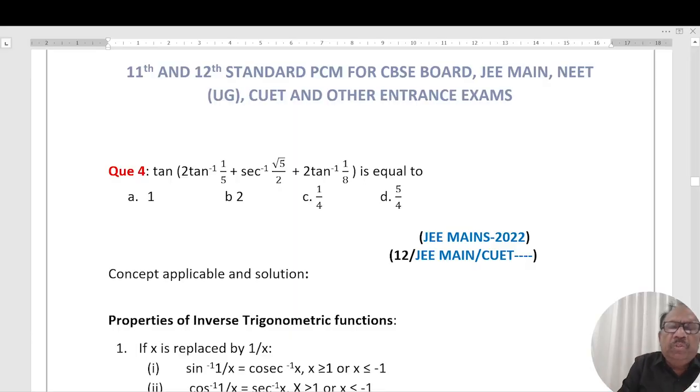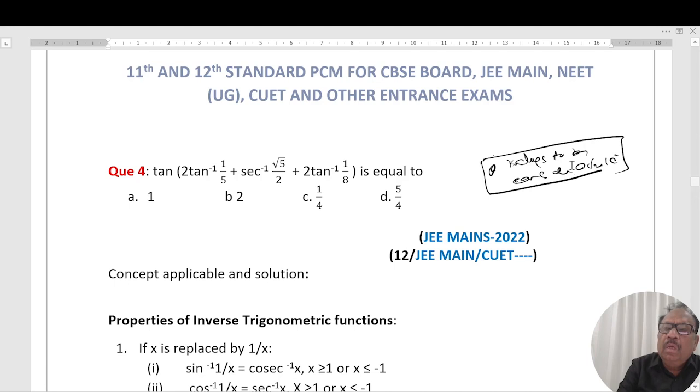Before we start the next question, I will say that in the above discussions, angle theta is always to be considered an acute angle, whether it is or not, as in the case of cos of inverse cos 7 pi by 6. This is very important. Now the question is, we have to find the value of tan of 2 tan inverse 1